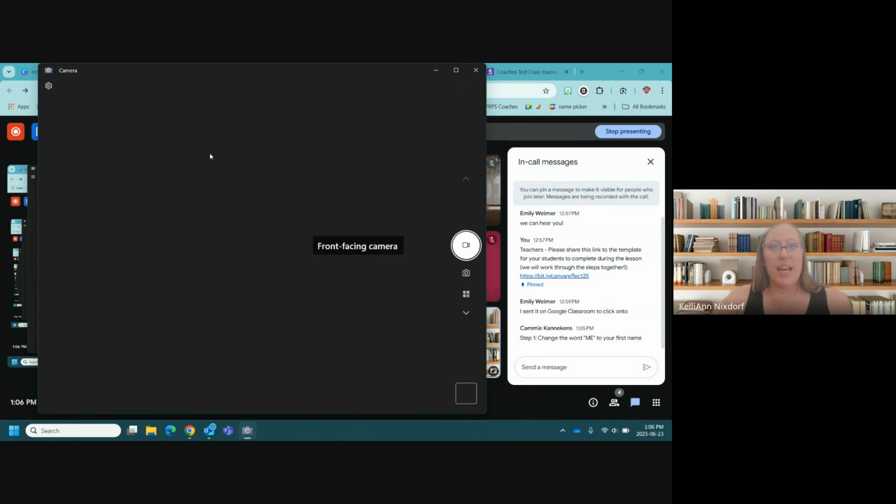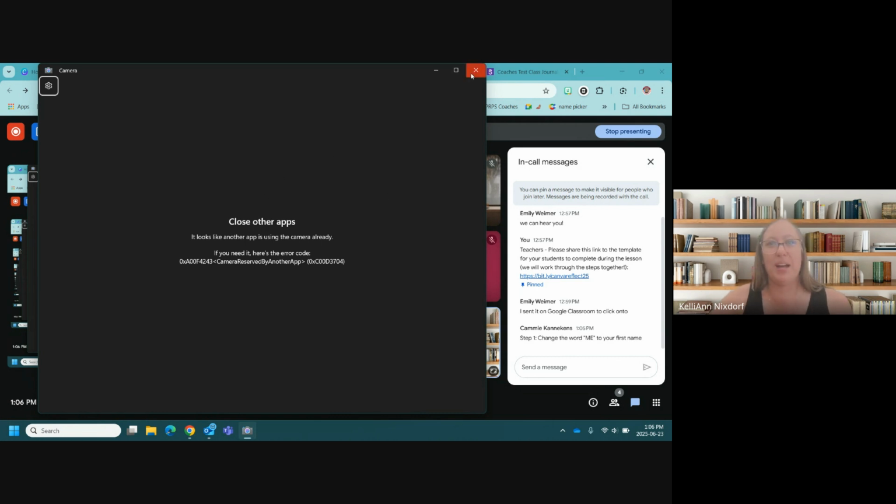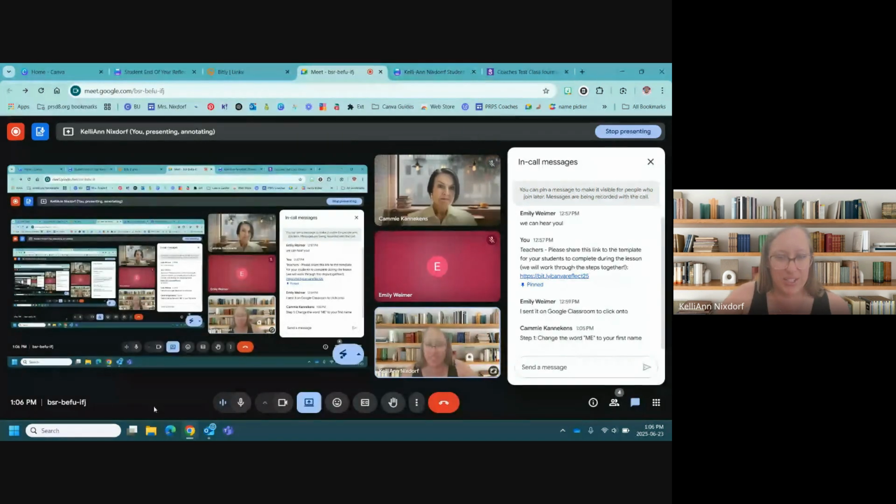Okay, so the camera window should open up. This time now it won't let me do anything because we've got a bunch of things happening. So let's try this. I'm going to see if maybe we can get this to work on this device, friends. So Mrs. Nixdorf's camera might not work because her camera is being used for the Google Meet. It's busy. So yours should work. Your camera should work. And so